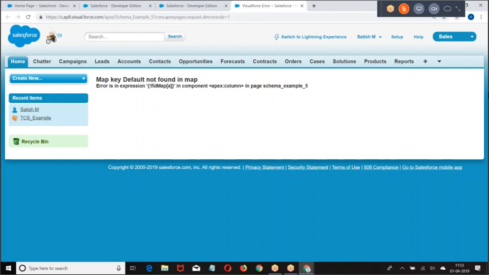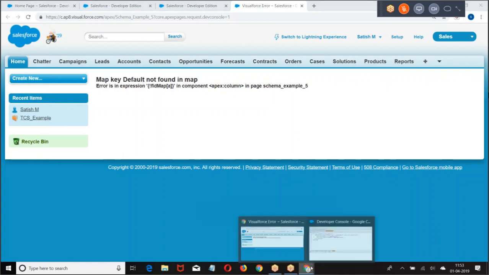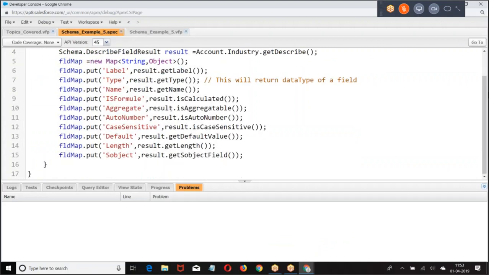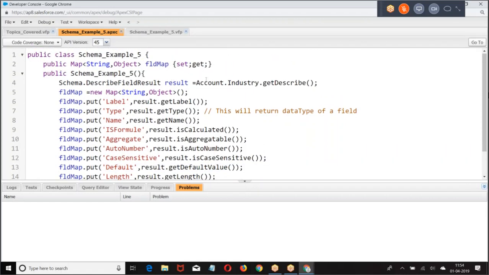Map key default not found in the map. Then I will take this.